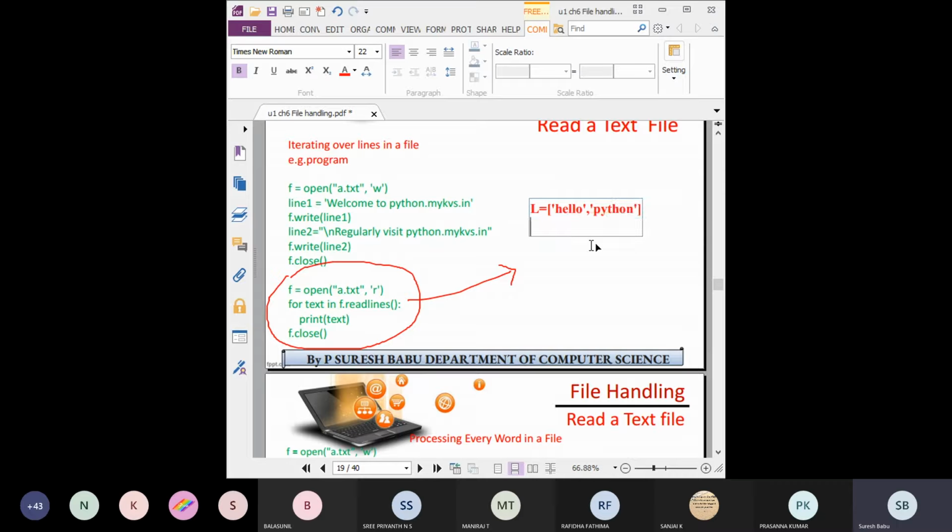If you use iteration, for i in L, and print i, what is the output, students? Hello, Python. Yes, hello in the first line, Python in the second line. That will be the output.